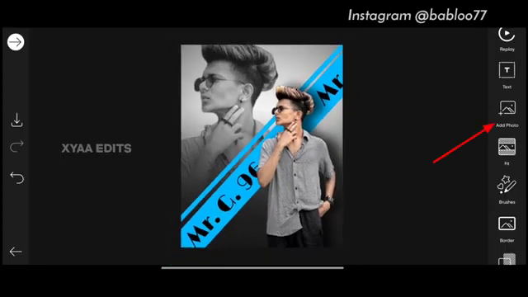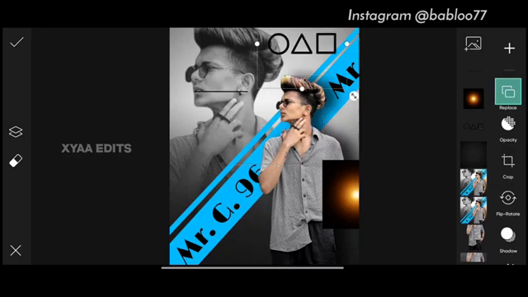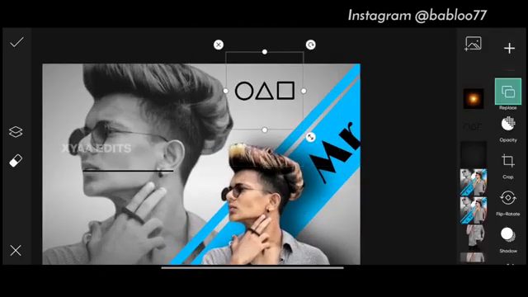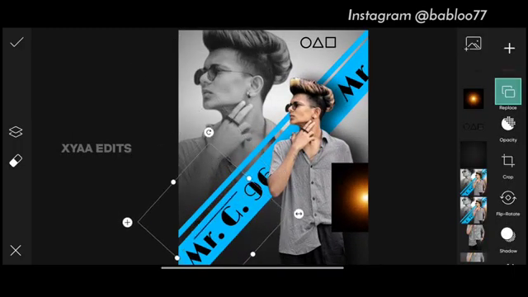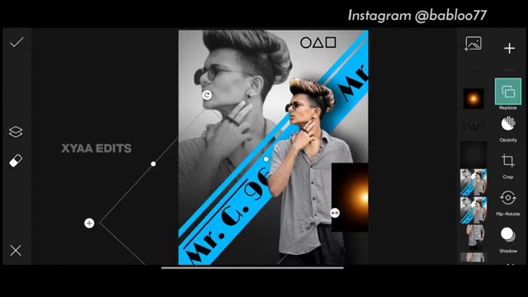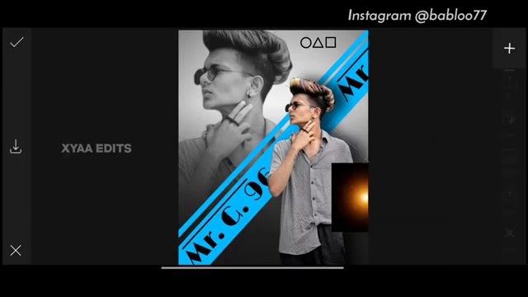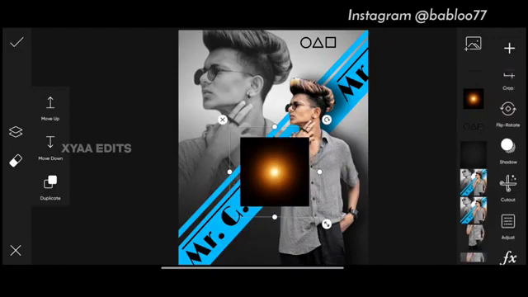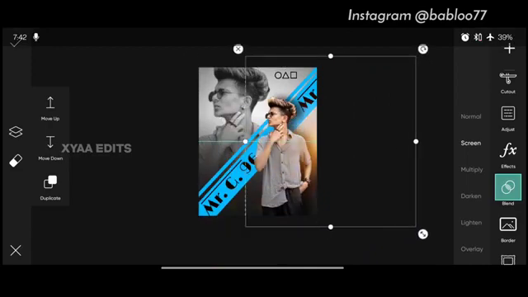Now go to add photo and select further PNGs. These are 3 PNGs. First arrange the shapes on the top here. Perfect. Now select these lines and arrange on the top here. Now tap on duplicate and arrange another line here. Perfect. Now tap on light PNG, go to blend and make it screen, zoom out, and you can arrange another one right side. Now tap on it.